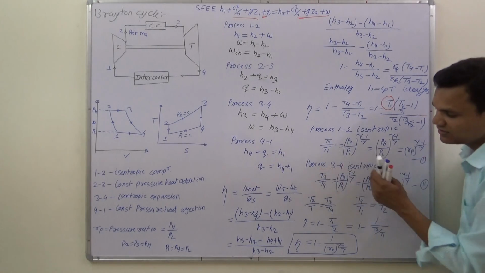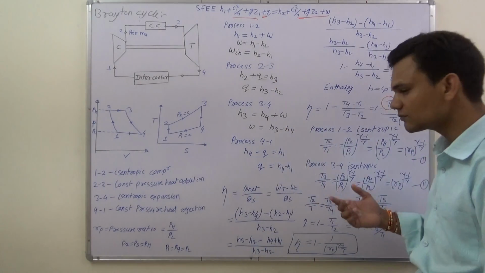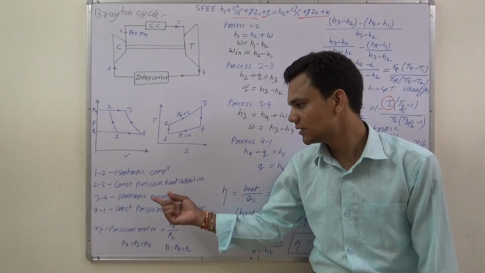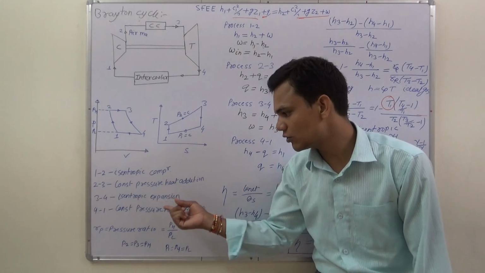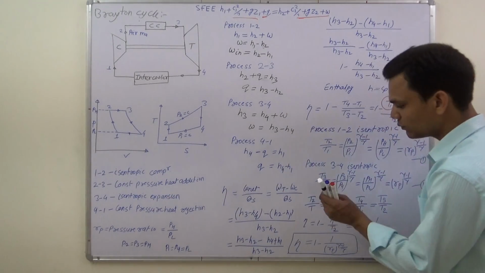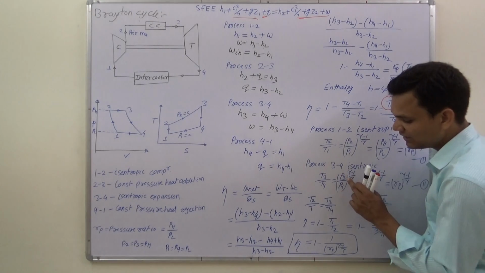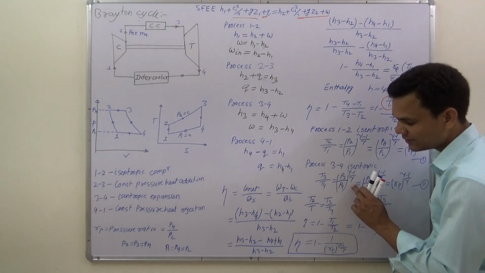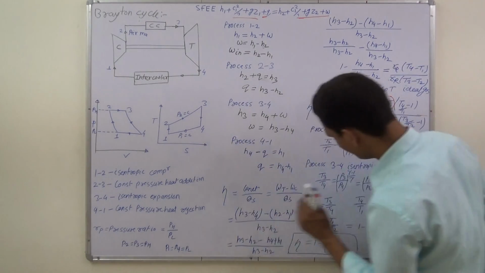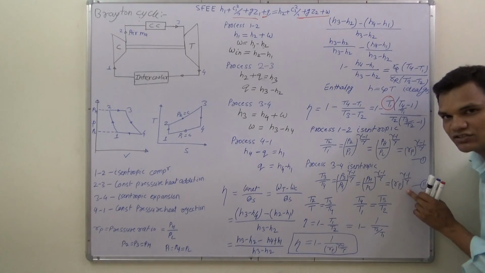So we can directly write in terms of pressure ratio, that is Rp to the power (gamma minus 1) upon gamma. Process 3 to 4 takes place in the turbine. The turbine is also a reversible adiabatic device, in which isentropic expansion takes place. So we can also apply the formula for the adiabatic process here, that is T3 by T4 is equal to (P3 by P4) to the power (gamma minus 1) by gamma, but P3 is equal to P higher and P4 is equal to P lower. So we can write in terms of pressure ratio also.